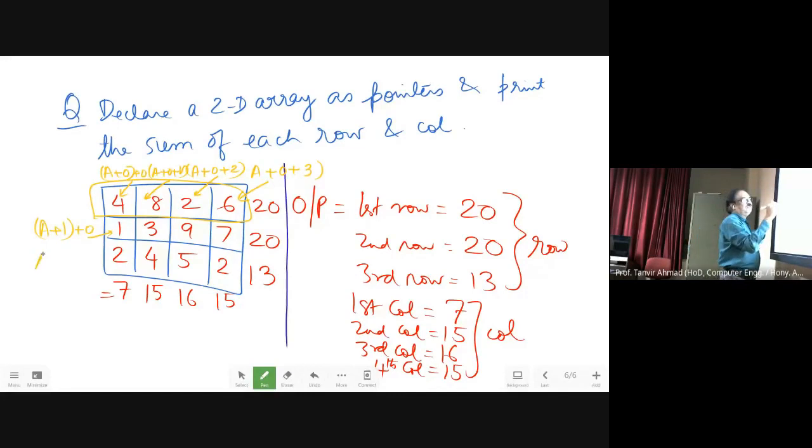This A plus 2. Again just keep on changing this value, plus 1 plus 2 plus 3, plus 1 plus 2 plus 3, and keep on coming. Now understand that this will be 0, this will be i.